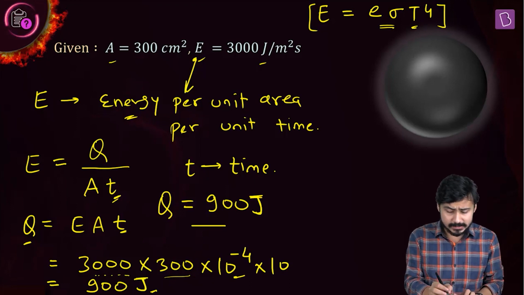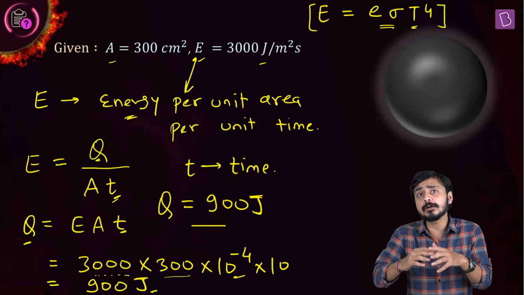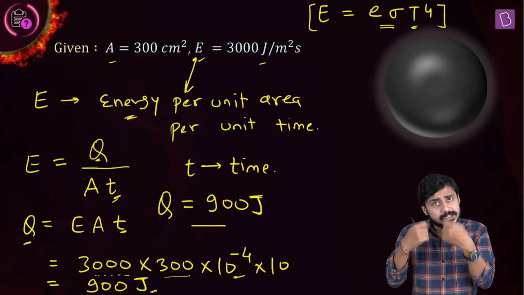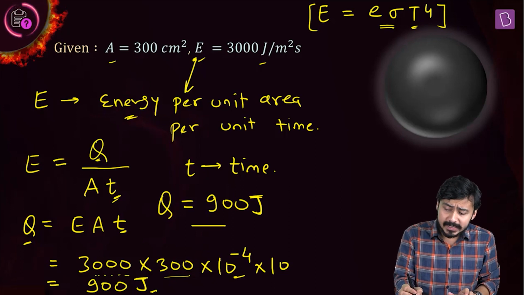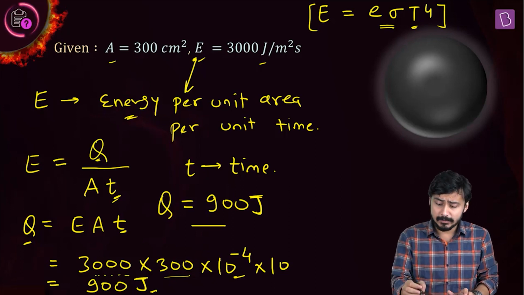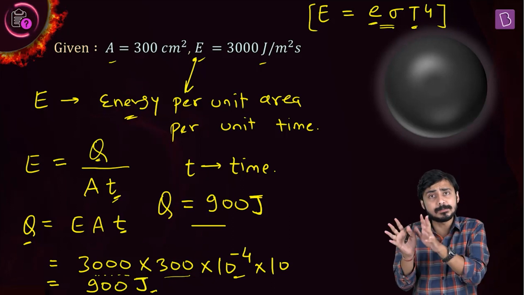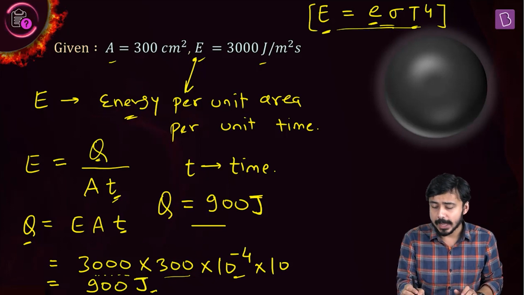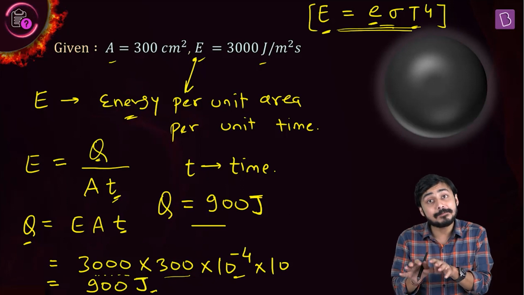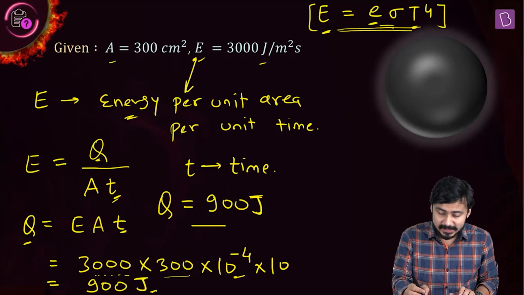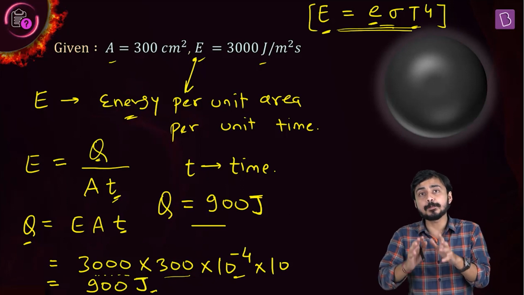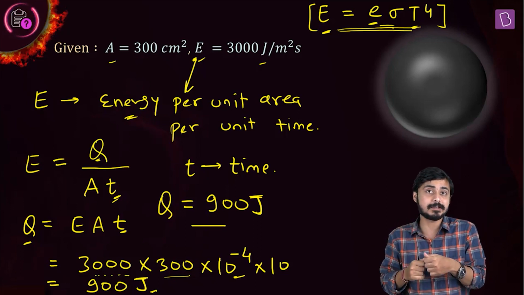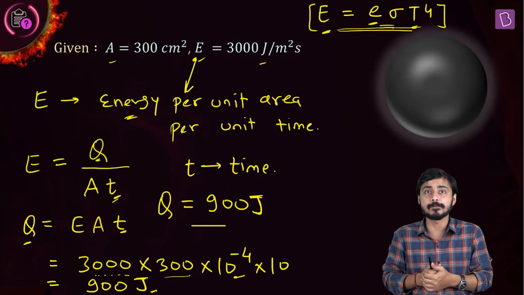What I wanted is the value of Q, the total amount of thermal radiation which is getting emitted out in 10 seconds. If the question might have been like, what is the temperature of the body given the emissivity of the body this much and the emissive power of the body this much, then I might have used this formula, because this is the Stefan's law, right? That the emissive power, the energy radiated out per unit area per unit time, is equal to emissivity multiplied by sigma, which is Stefan's constant, multiplied by temperature to the power 4.